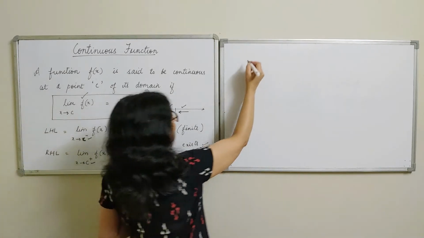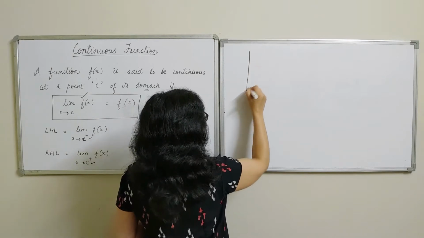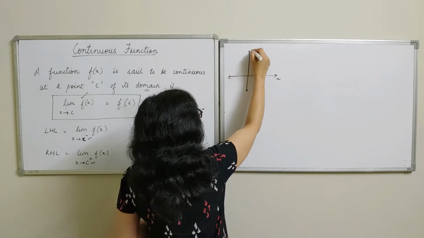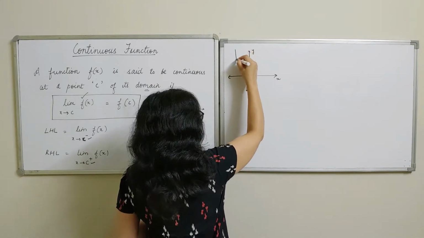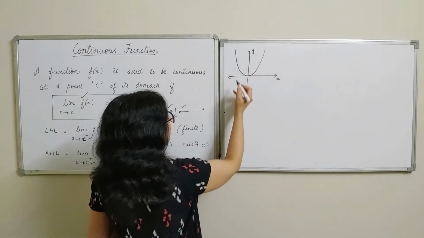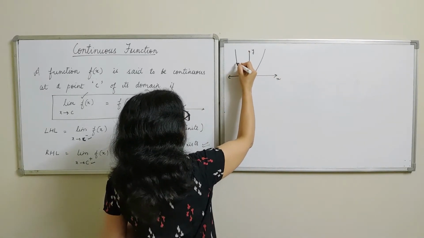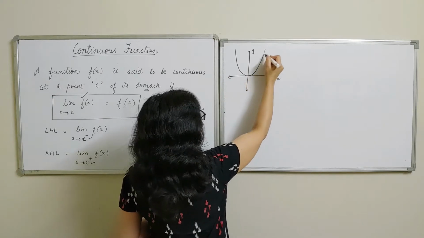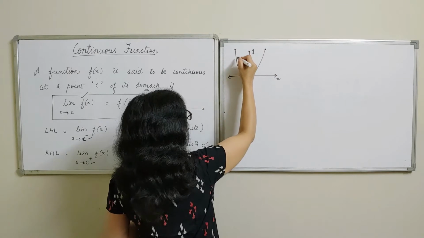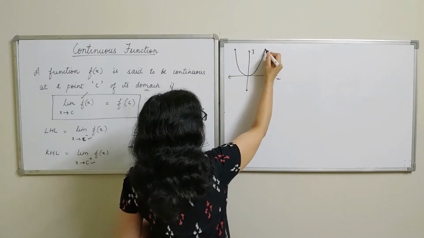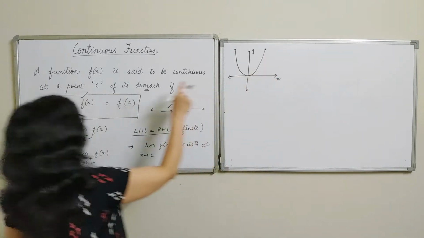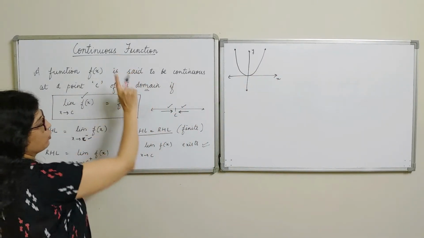Let's look into some graphs here. If a function is drawn, say, like this, you can see that while drawing the graph, I started from this point, moving down the curve. We can easily go to the last point, the end point. So from the starting point, without lifting the hand, the curve can be drawn. Geometrically, this means that this kind of function is a continuous function.